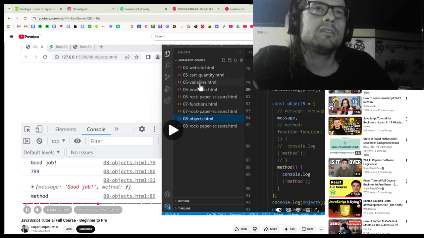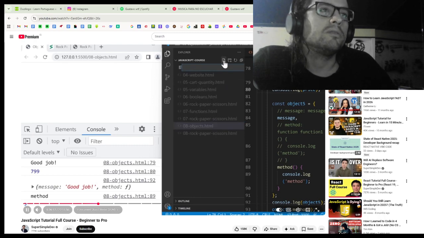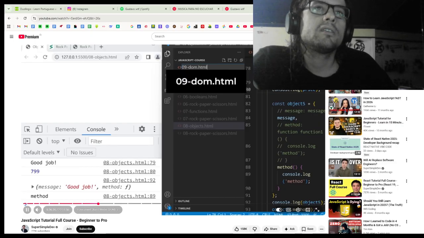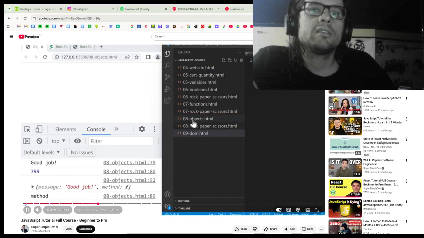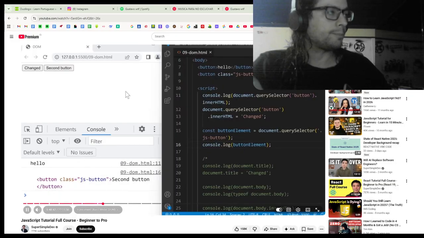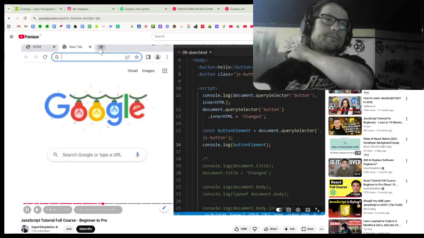Files, and then click this icon to create a new file. And we'll name this file 09-dom.html and press enter. Next, let's copy objects.html this lesson. To open these projects, we'll go to our browser and create a new tab at the top. And here, we'll type